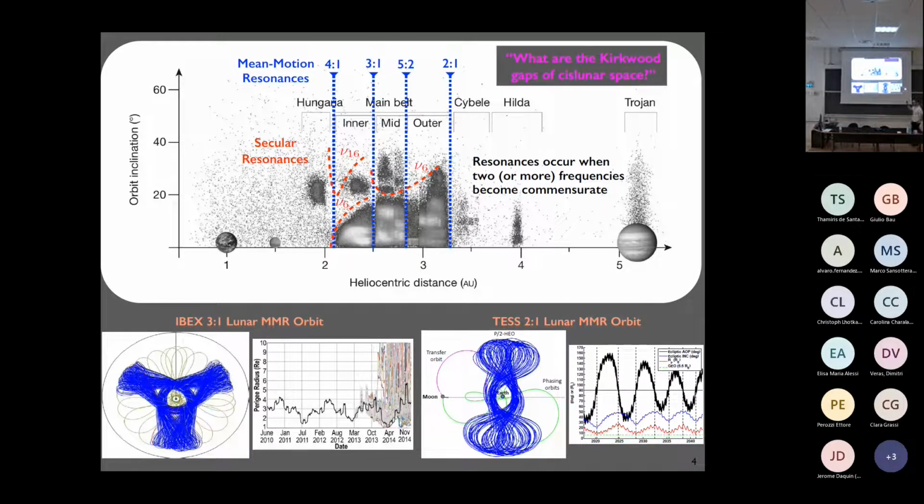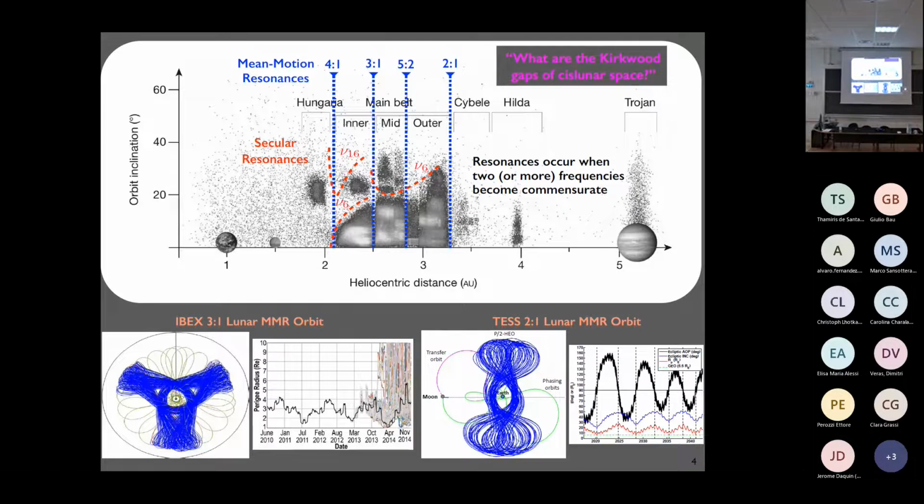Despite this being one of the most important phenomena in solar system dynamics, and dynamical astronomy in general, mean motion resonances have largely been unstudied in the circumterrestrial regime, in part because most of the satellites that we launch today have been too low to be affected by any mean motion commensurability, even with the Moon. The situation is different now that we are locating some of our important space-based assets, IBEX, TESS, in these predominant mean motion resonances, which have only been characterized to a very loose degree.